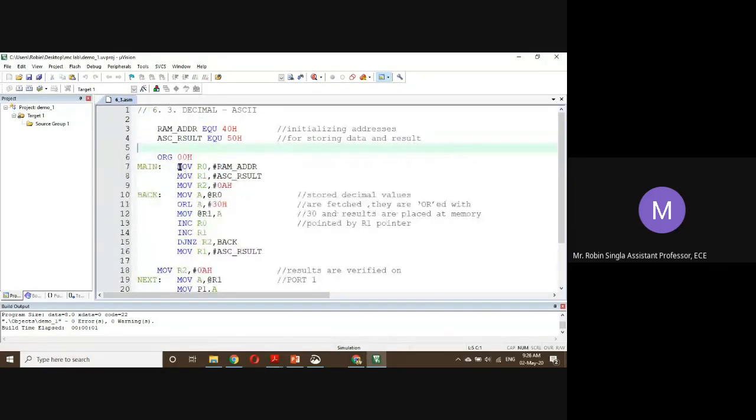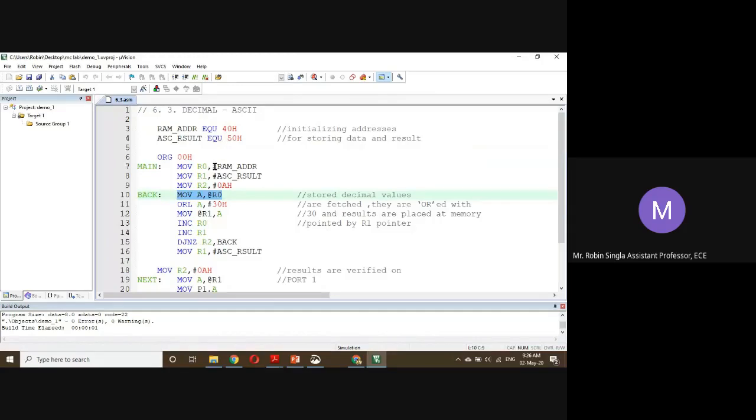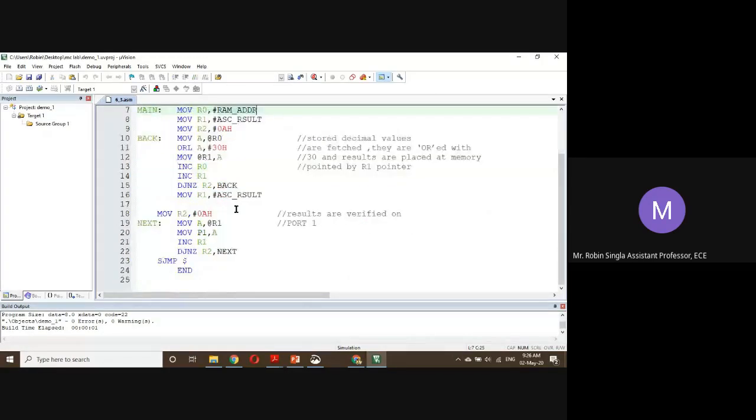So this is your program. First we will load the counter R2 with 0A. Then we'll move our first number from the location at the rate R0. Here we have moved our 40H to R0.